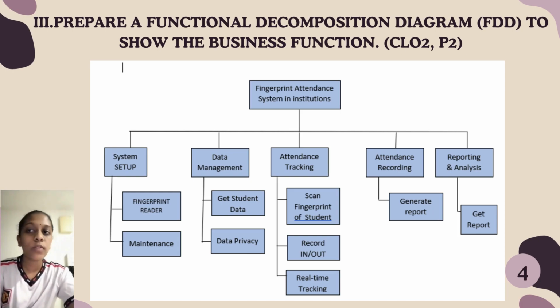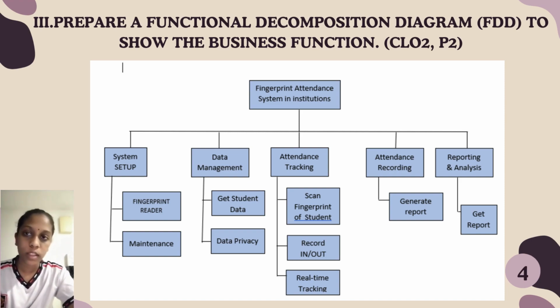The diagram shows the following steps involved in using an RFID student attendance system. First one is system setup. This involves setting up the RFID fingerprint reader and enrolling students' RFID biometrics. And the second one is data management, as I said previously. This involves storing students' data such as names and ID numbers in a database, and then attendance tracking.